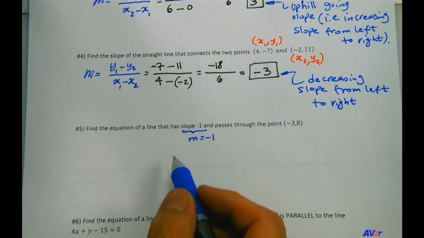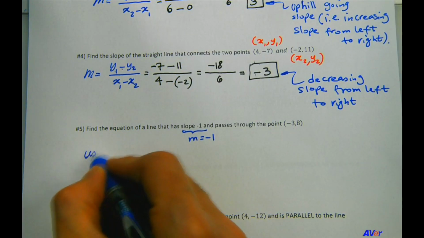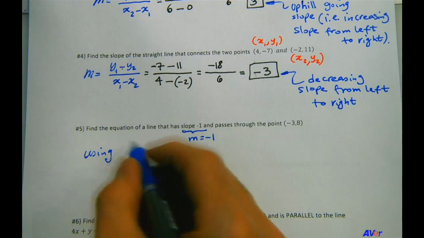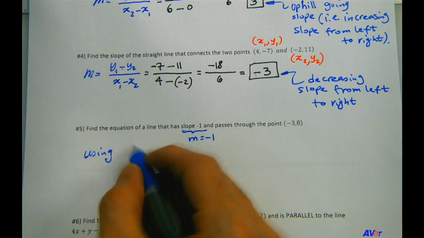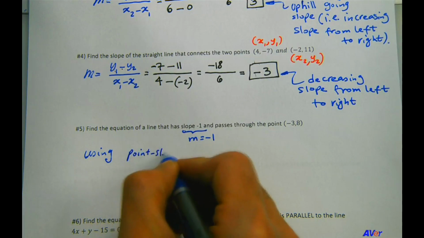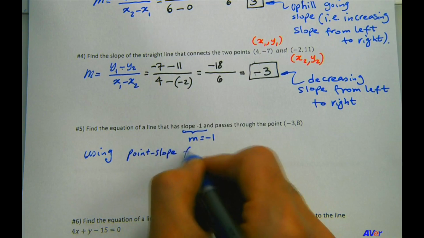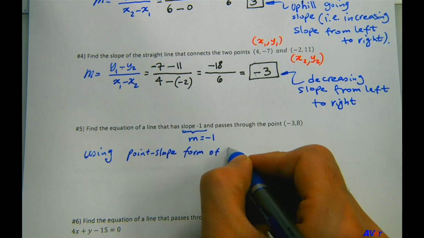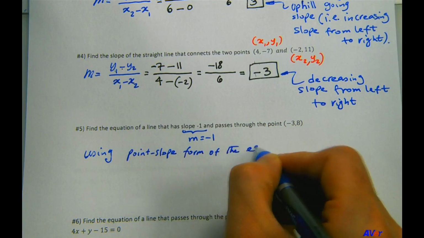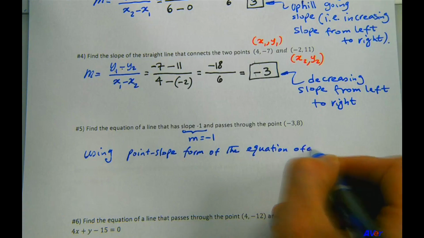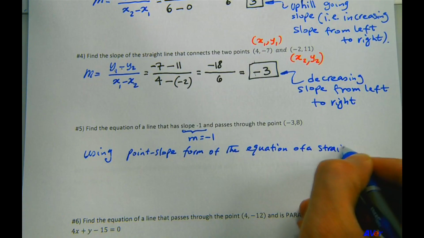So we're going to use the point slope form of the equation of a straight line,